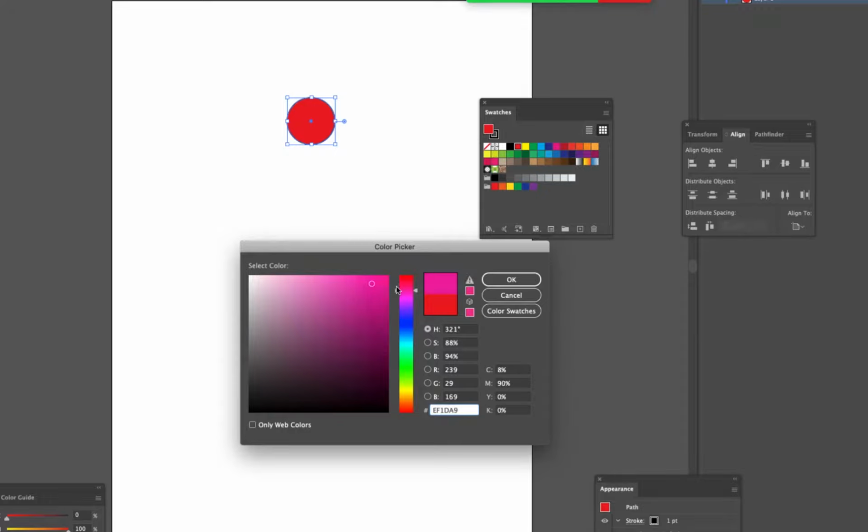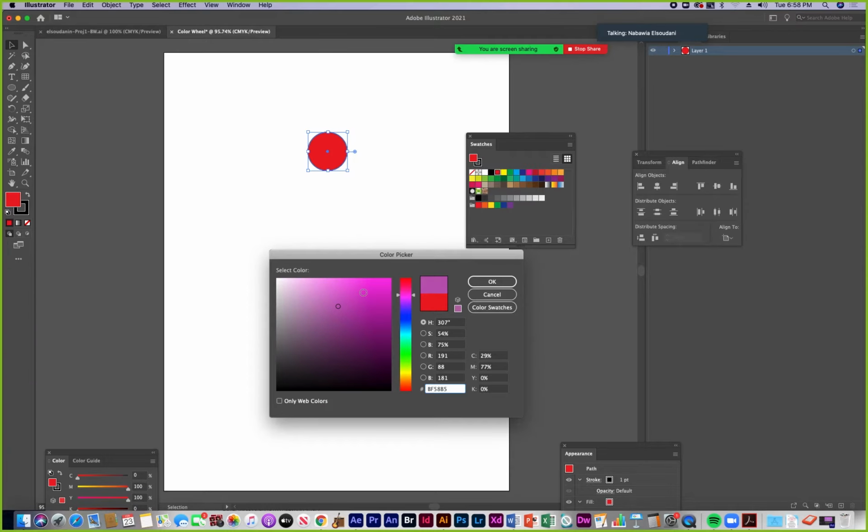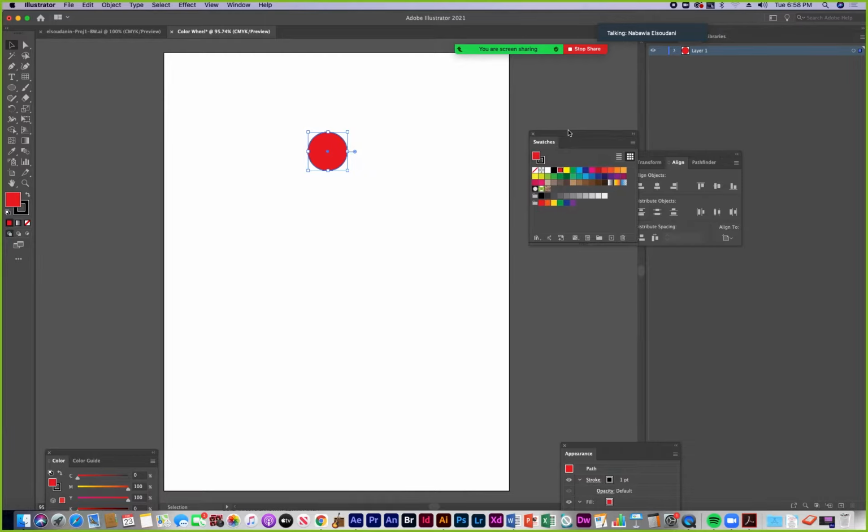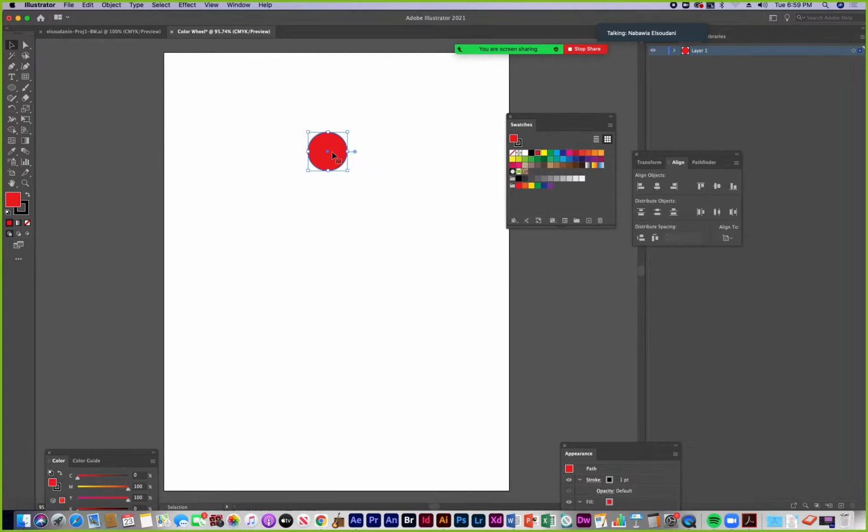Red zone in a good way, because I want to choose red. Or down here, we get into the violet, but I don't want to choose violet right now. I'm going to cancel and just go with this red. It's a tried and true red. We know it's red because it's a swatch called CMYK red. It's a standard red. I'm going to duplicate this circle out and find another primary.